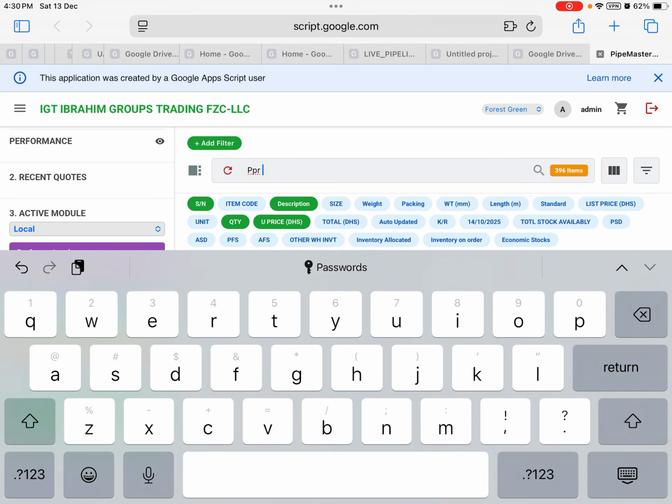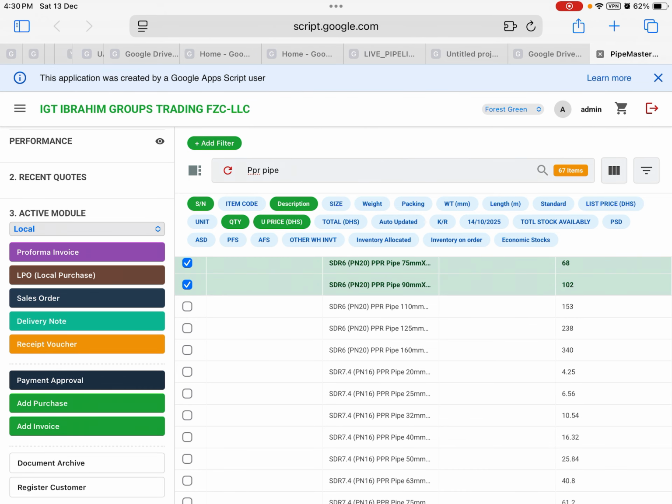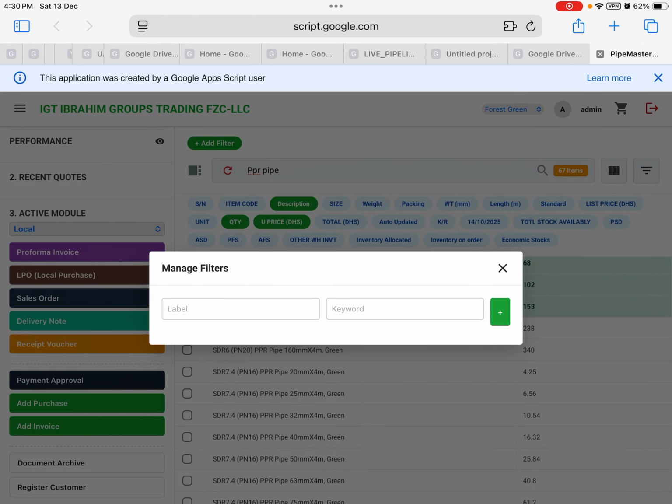CPR. Okay, like this. Just select it. Okay. Then if you want any filter, for example, you will click and the item will come immediately here. Example, okay, so this is a button here, and you just add your description here, so it will filter all items and bring them in front of you, so no need to find.